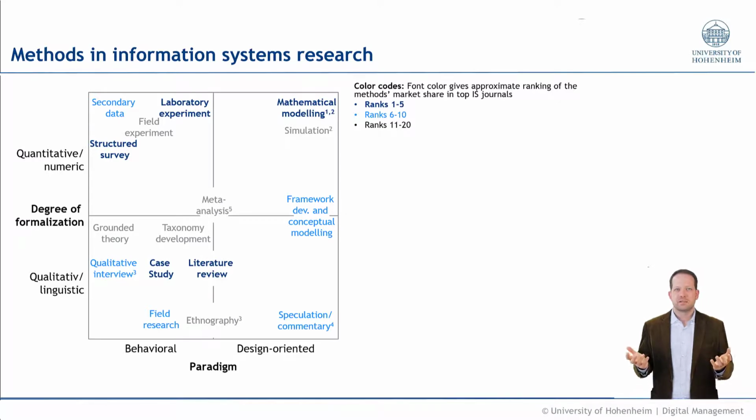Pretty much at the center of this 2x2 grid is the meta-analysis. Before, I talked about literature reviews as rather qualitative approaches to summarize literature. Now, meta-analysis is one of the quantitative approaches to summarize literature. It starts with a structured search for literature on quantitative empirical evidence regarding a specific phenomenon. A meta-analysis then extracts the empirical findings. Most importantly, it extracts the effect sizes from the primary literature, combines them statistically, and thereby produces an aggregate assessment